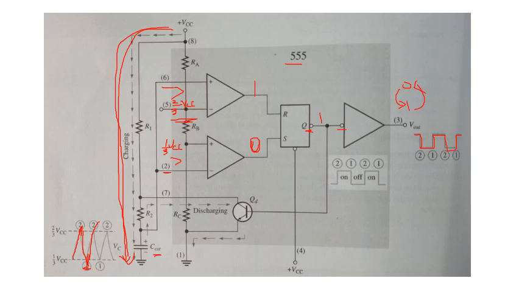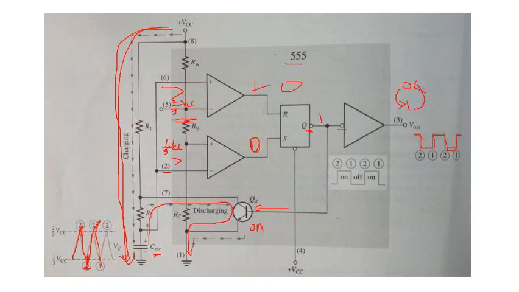And the voltage across this capacitor will be charging like this, and then it will be discharging. So now this is 1. When this is 1, the transistor will be on, and then the capacitor starts discharging through this path to ground. Once it is less than 2 by 3 VCC, you know what happens, this will be 0, and again it discharges and it crosses. So this process continues and you get a proper square wave.